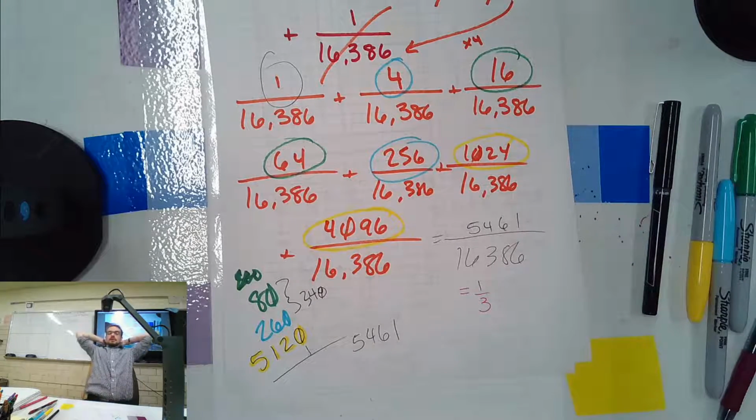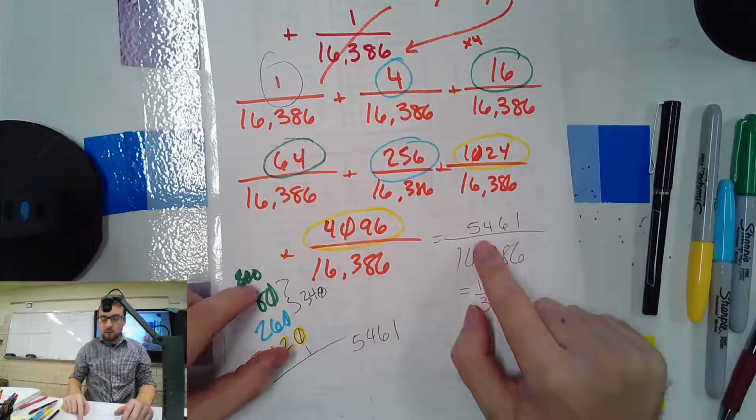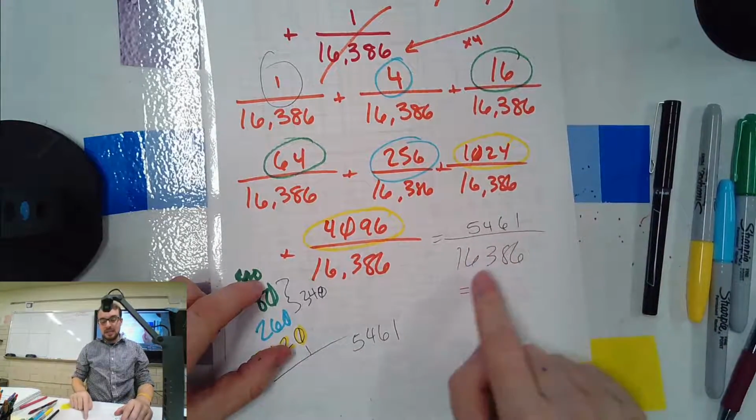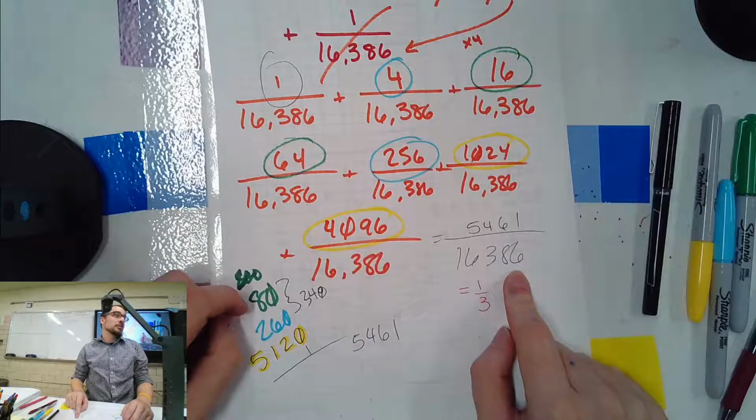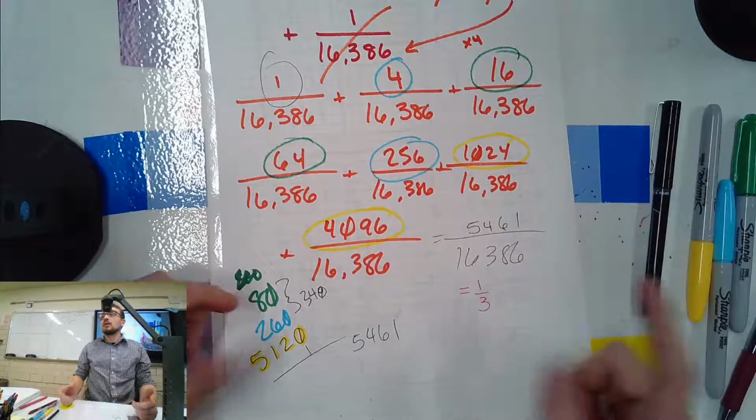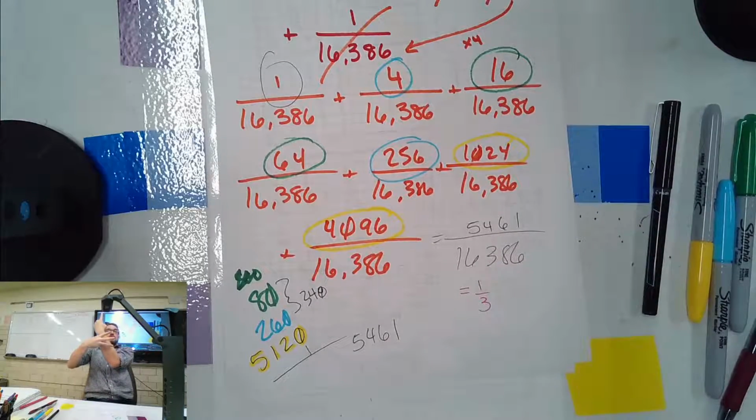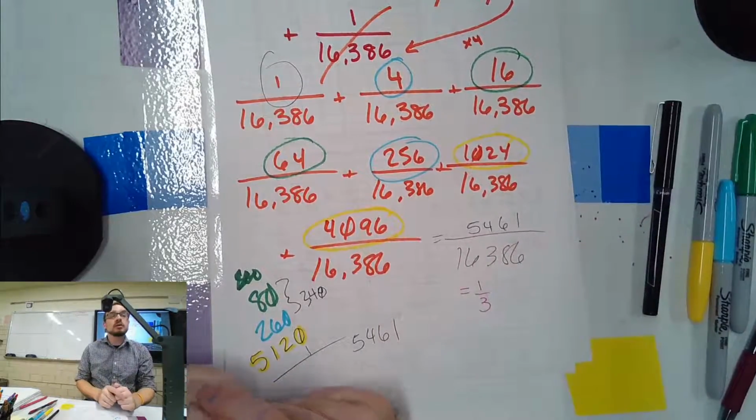That's beautiful. Listen to this. 5, 4, 6, 1, if we times it by 3 and it gets us this number, then it must have been a third, right? Think about it. If I have a third, 1 over 3, multiply the top by 3. What do we get? The bottom number. It was a third. 2 sixths. 6. Multiply the top by 3, we get 6, right? What is 5, 4, 6, 1 times 3?